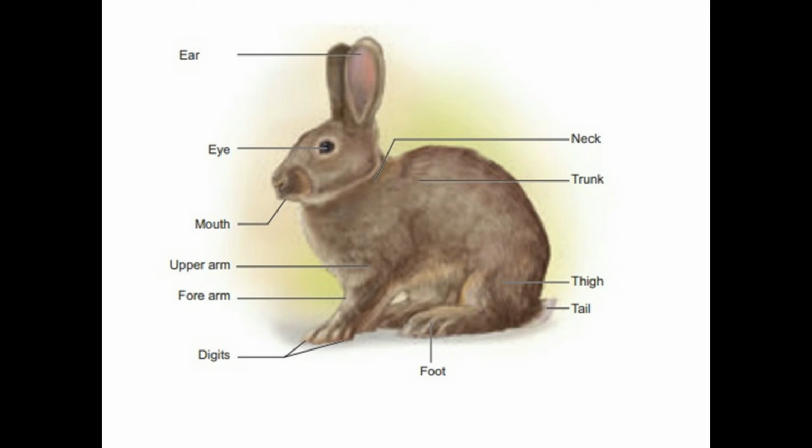Pentadactyl means built on a 5-digit plan. That means 5 fingers and 5 toes each on forelimb and hind limb. That is called pentadactyl plan. Penta is 5 and dactyl is digit. The forelimbs have 5 digits. The hind limbs have 4 digits, though built on the pentadactyl plan. All these digits have claws at their ends.